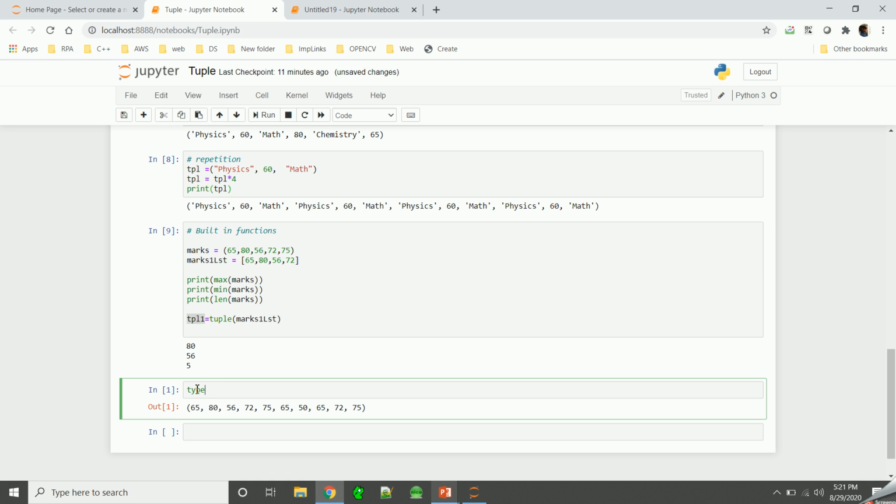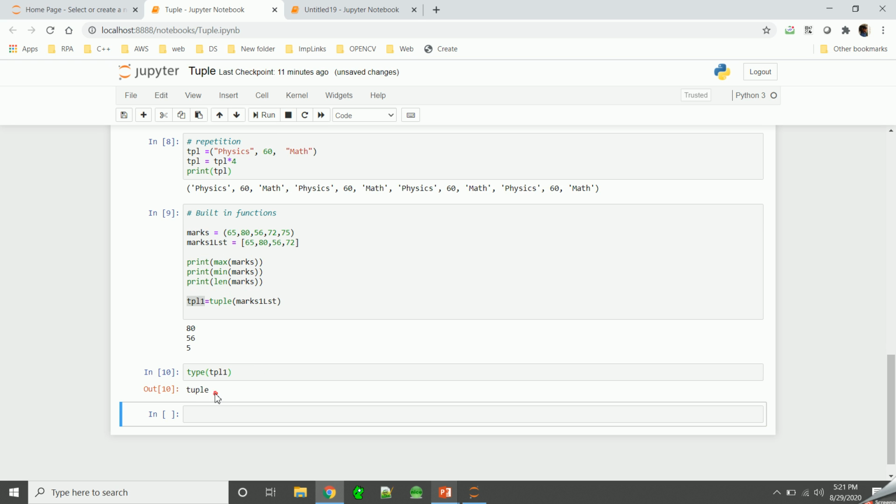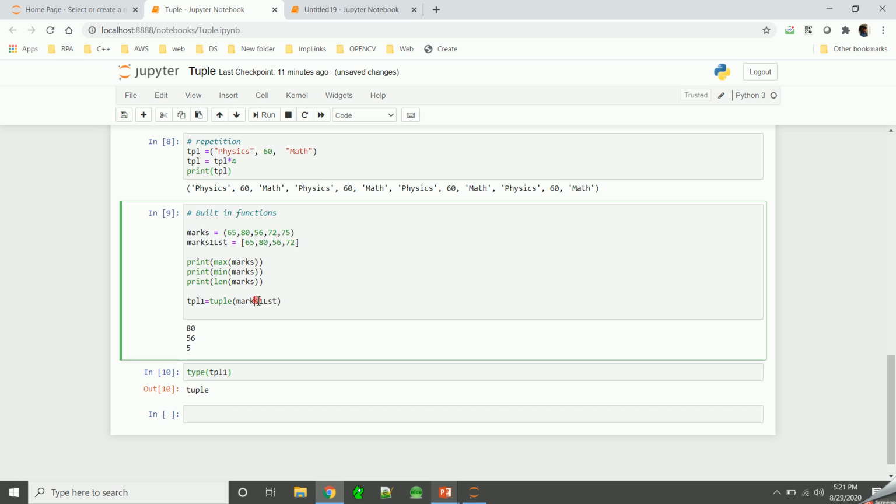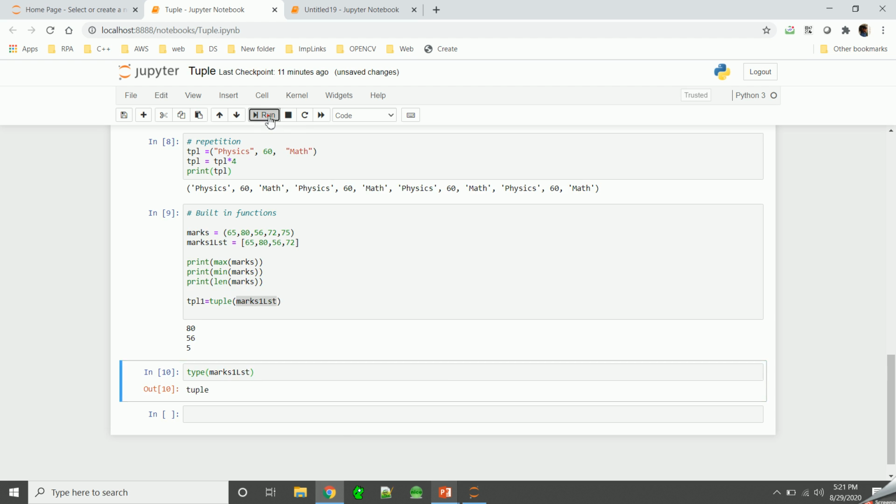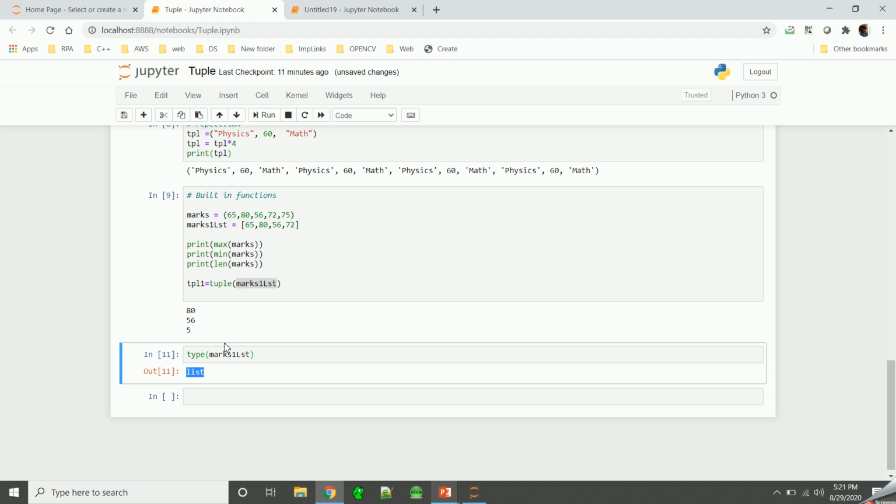When I check the type of this tuple1, it says it is a tuple. If you print the type of the original, it will say it is a list. So you can convert a list to a tuple using this tuple method. Okay, so this is all about tuple in Python.